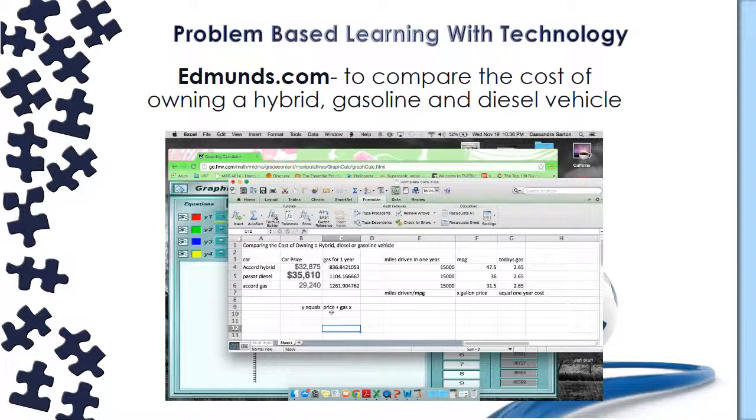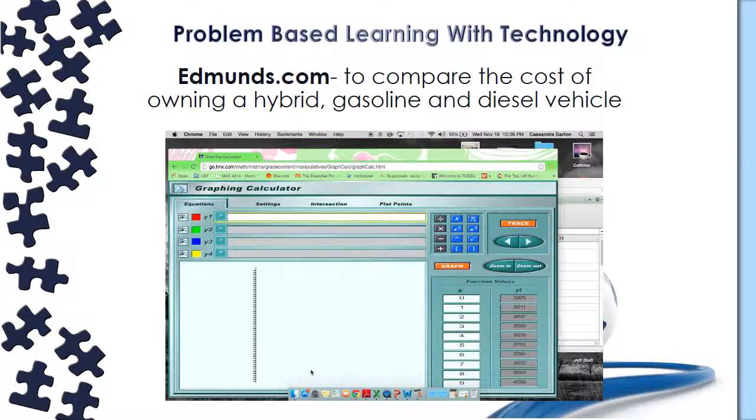So I can write the first one for the Accord Hybrid at $32,875 plus $836.42 x, and then I would be able to put that into a graphing calculator. I'm going to go ahead and use an online graphing calculator, and I can put my y equals right here